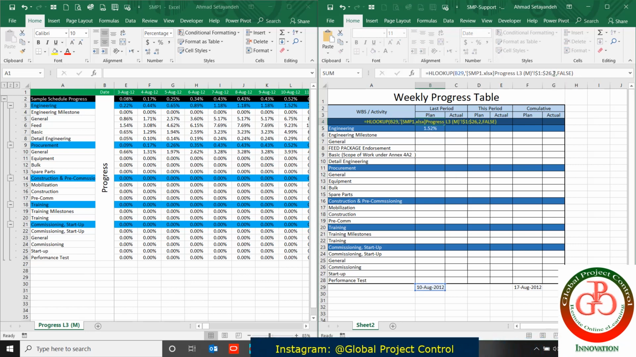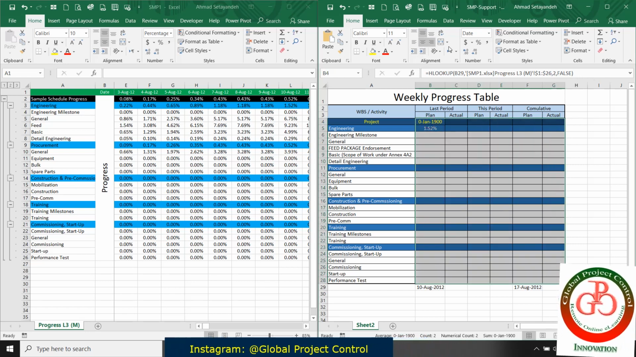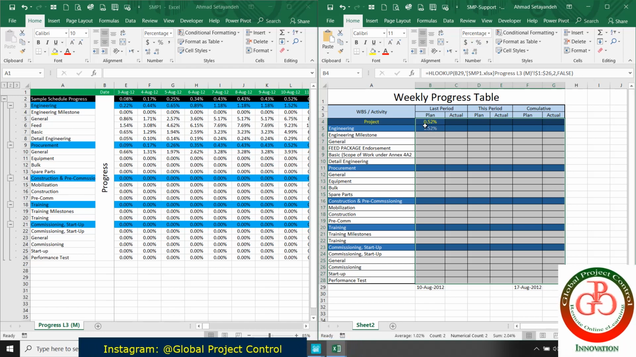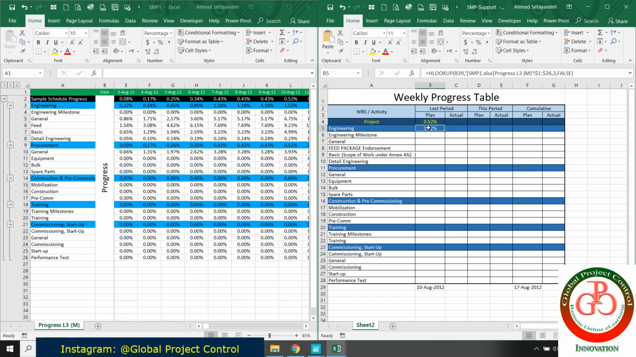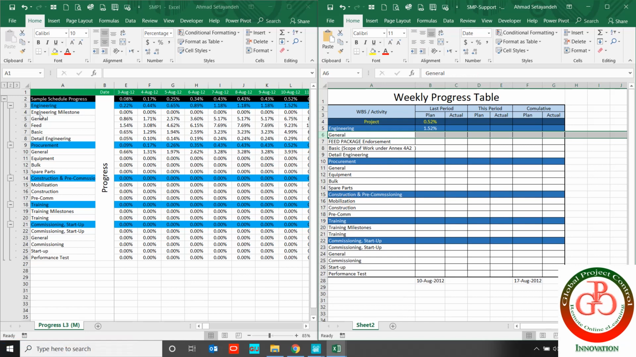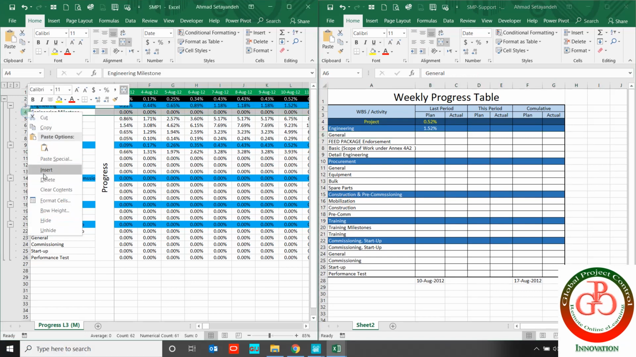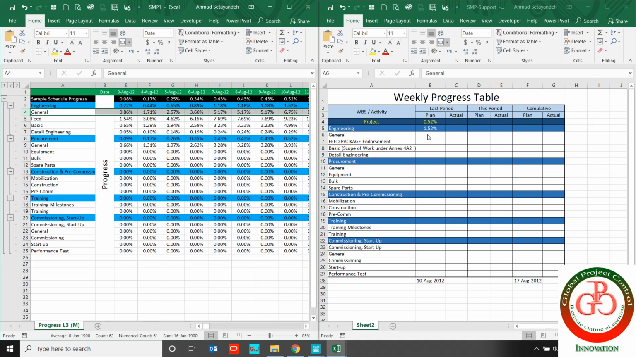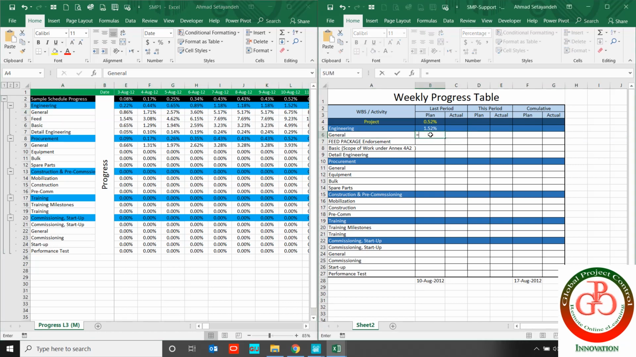Use column index number 2. Let me change all column to the progress, and let me write for general. It's not in milestone, it's 0, so I delete it. General. I use HLOOKUP,